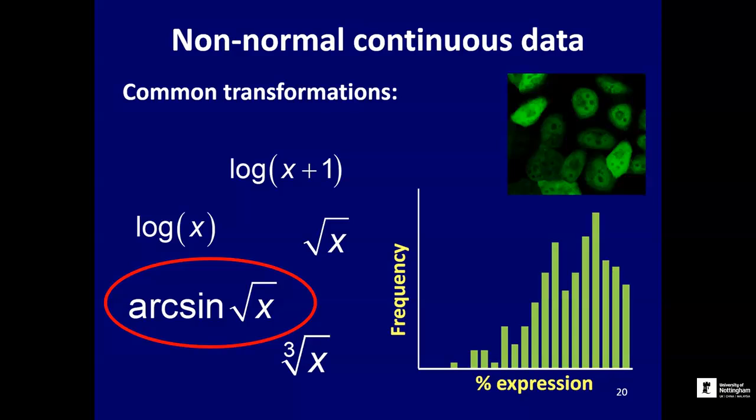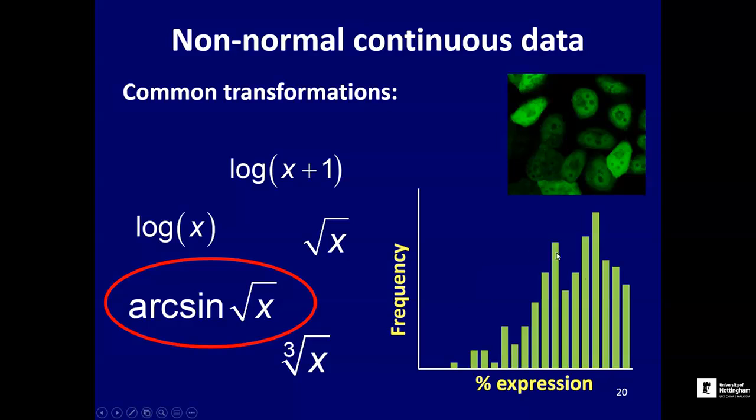So if we look at this data set here, this is a frequency distribution for the percentage expression in samples of cells. So let's say we've got a whole load of Petri dishes, we're looking down the Petri dish at a whole load of cells that are being cultured, and some of those cells are glowing green because they're expressing a protein of interest. Some of them are not glowing at all or only slightly, and that might have some significance in the biological system we're studying. So we can measure for each Petri dish what the percentage expression is and then plot that